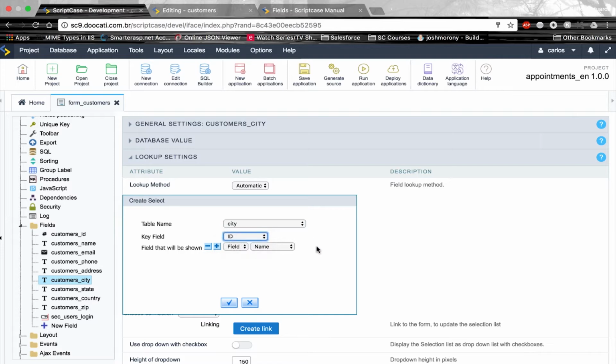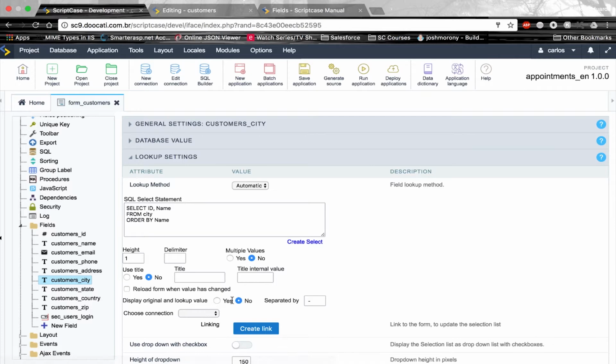We have the ID and name. Why do we have two fields? The first field, the ID, is going to be used internally by Scriptcase to manipulate the data. And the second field, called name, is going to be used to display the information for the user, as described here on the left side. So if I save this and run the application,